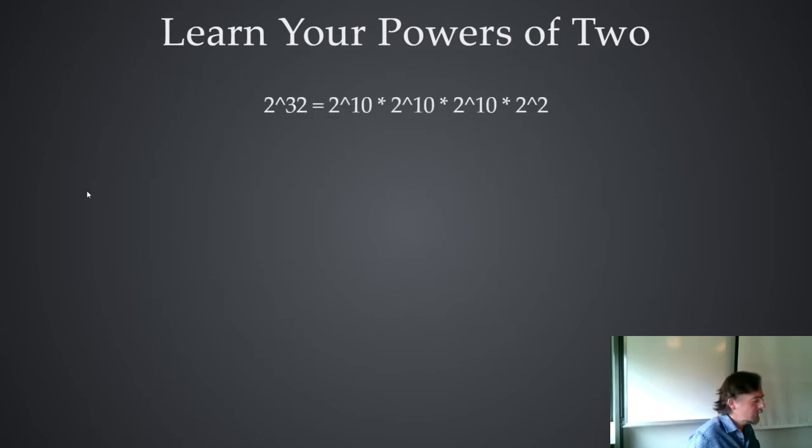Linear powers of 2 turns out to be a useful thing. You should try and do it. It helps you do these sort of calculations when you have to. For example, if you wanted to know what 2 to the power 32 was, remember that powers add when you multiply things together. So 2 to the 10 times 2 to the 10 is 2 to the 20, times 2 to the 10 is 2 to the 30, times 2 to the 2 is 2 to the 32. So you can break this 32 down into 10 and 10 and 10 and 2.